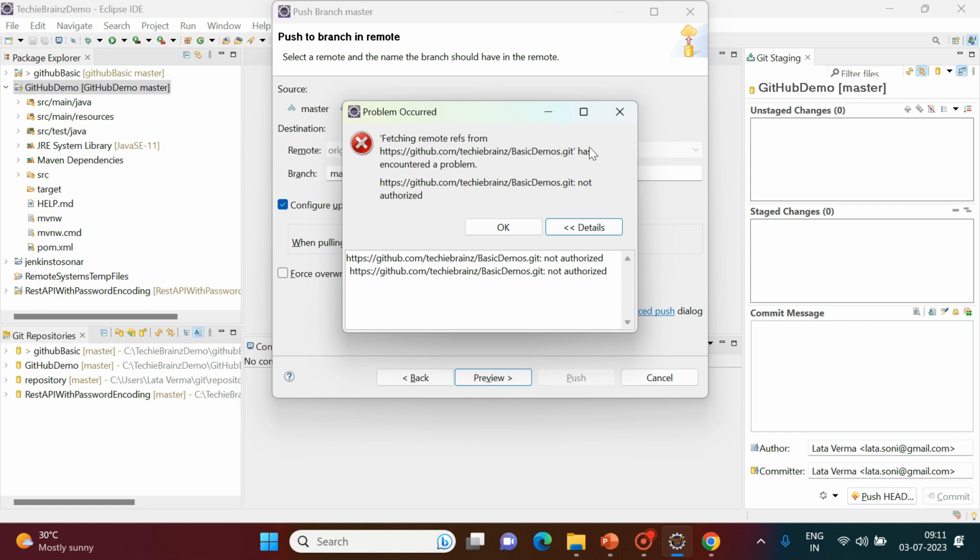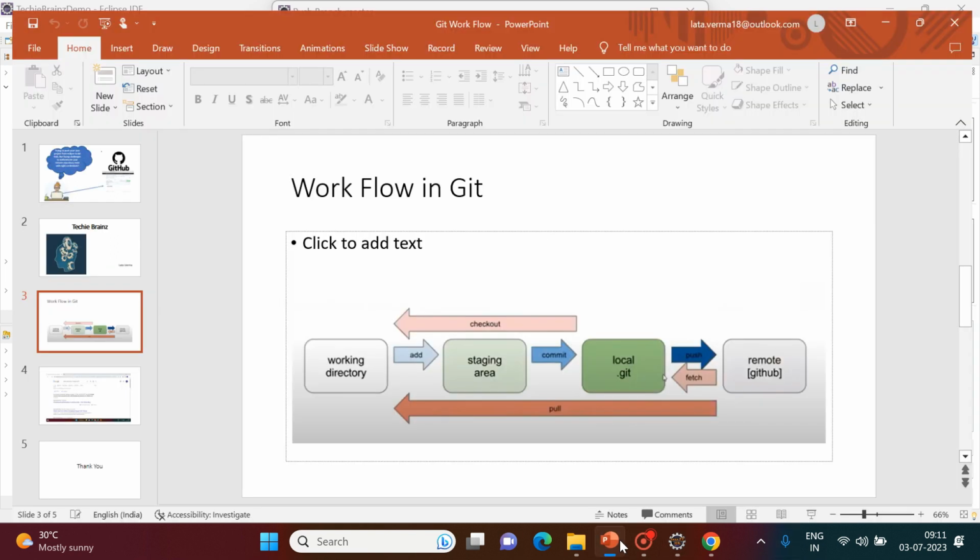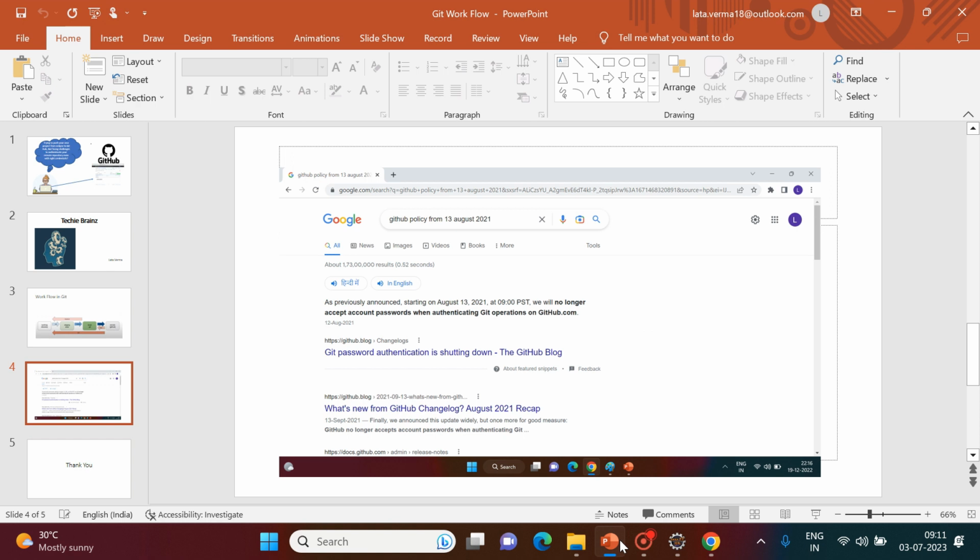And guys, this is the problem many people face even if they try to push their Java project onto a GitHub repository even with the right credentials. I entered the right credentials but I'm not authorized. So what is the reason behind why this problem is given? So guys, on 13th August 2021,